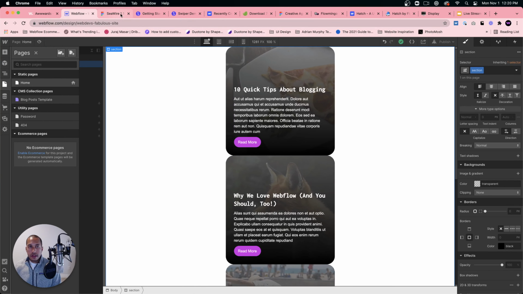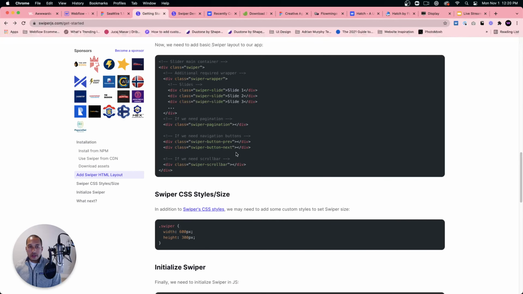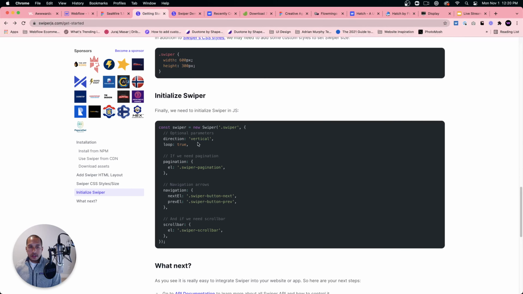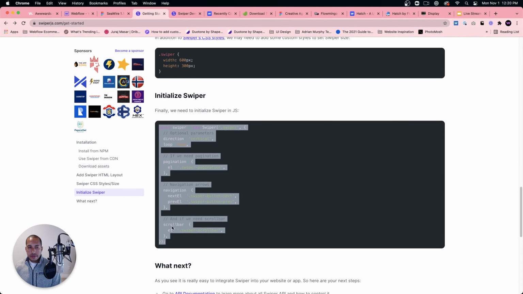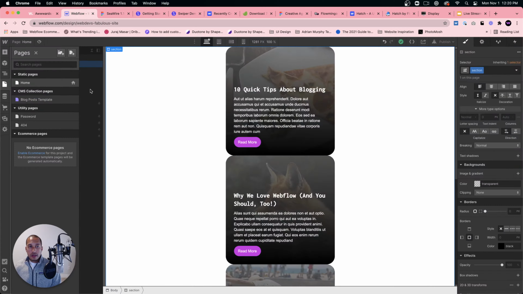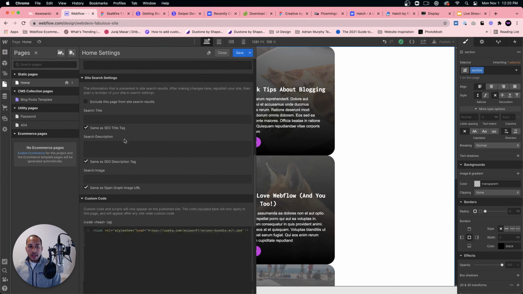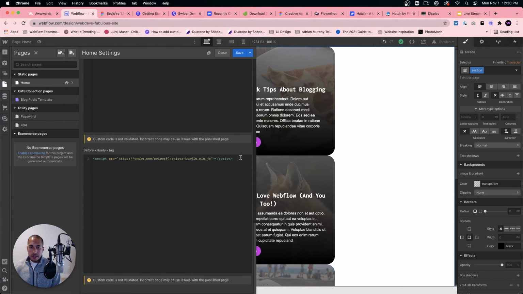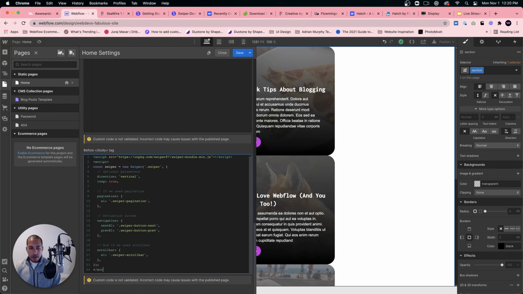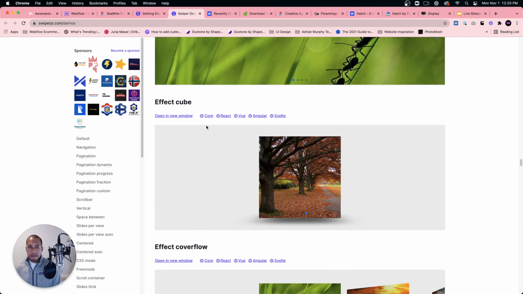So I'll click save, and let's go ahead and initialize Swiper.js. So I can copy this code right here. This is how we initialize it. Go into Webflow, and then before the body tag, just open up the script, paste this code in there, and then I'll close the script. All right, so these are the settings for our slider. Let me just try to leave it like this, and then we'll go into the documentation,